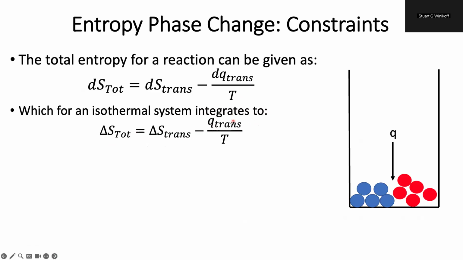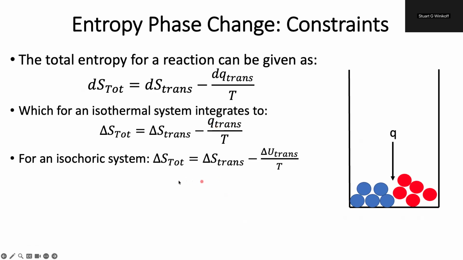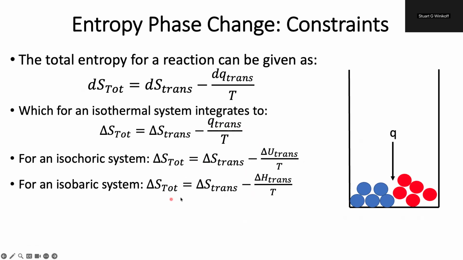Now, this we have a little bit more luck with, because we do have some relationships that tell us about heats of transition. The problem is we have to constrain our system first, and this is a very common theme with dealing with that heat of surroundings. So if I have an isochoric system, well, then the heat of transition is just the same as the change in internal energy for, in this case, fusion. However, we often much more care about our isobaric systems. And in this case, we're going to be looking at the change in enthalpy. So if we know our change in enthalpy and our entropy of transition,